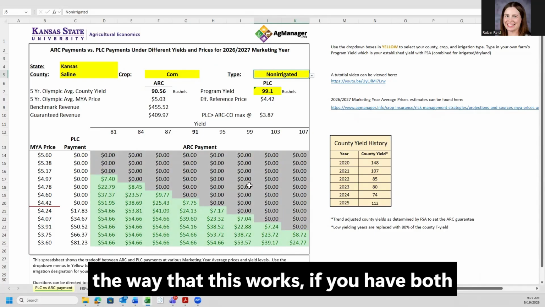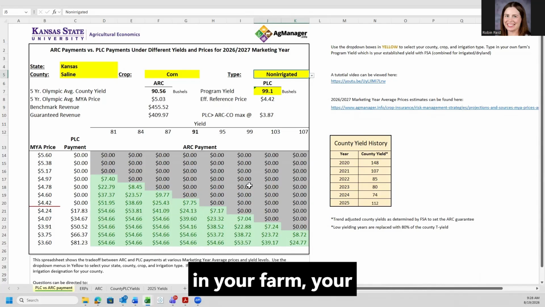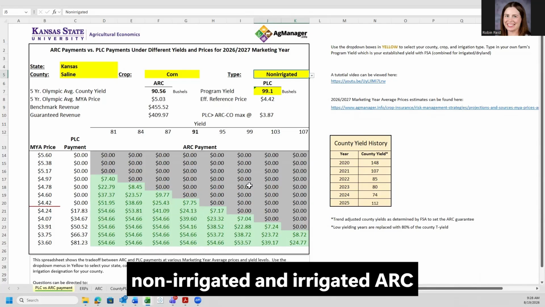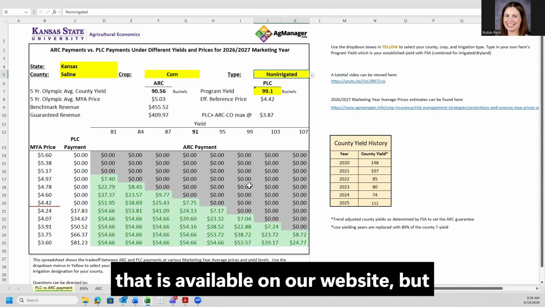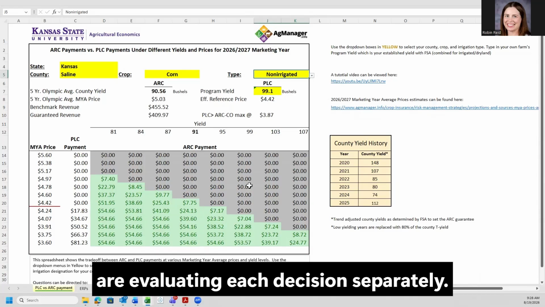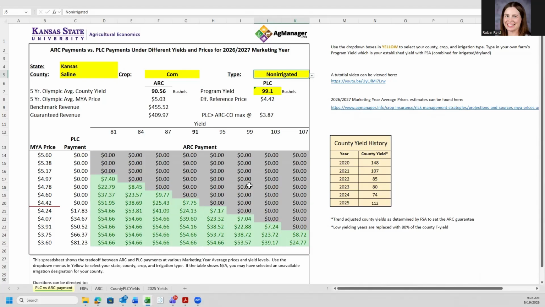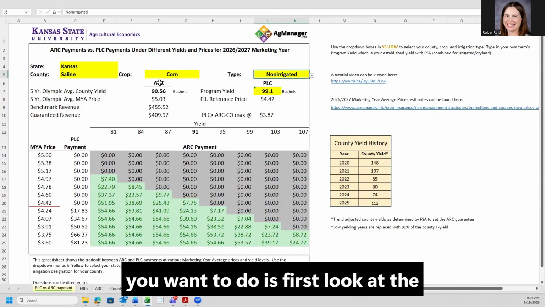Now, the way that this works, if you have both irrigated and dryland crops in your farm, your non-irrigated and irrigated ARC County would be blended into a single payment. More detail on that is available on our website, but just know that is how this works, but we are evaluating each decision separately. So to get started with this tool, what you want to do is first look at